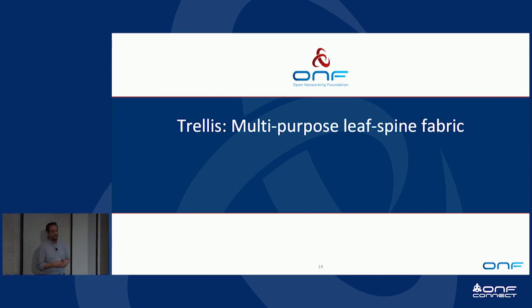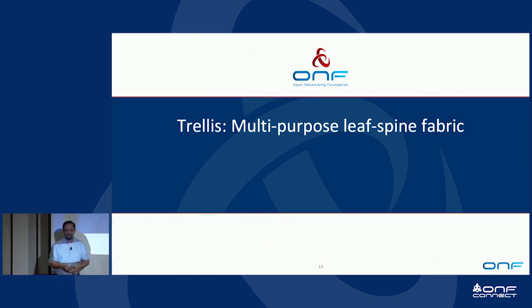And now I'm going to shift my attention to, okay, once you're past the OLT, once you've gone from the residential user, through your ONU, through your OLT, what do you hit next? Well, what you hit next is Trellis, right? In the exemplar implementation of SEBA, we do use Trellis as a multipurpose leaf spine fabric. In its full glory, it is in fact a multipurpose leaf spine fabric. However, I should caution you that SEBA uses the smallest instantiation of Trellis, okay, a single switch.